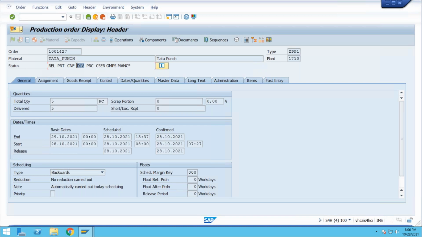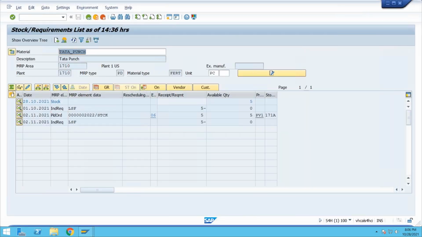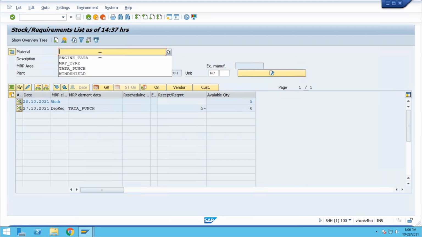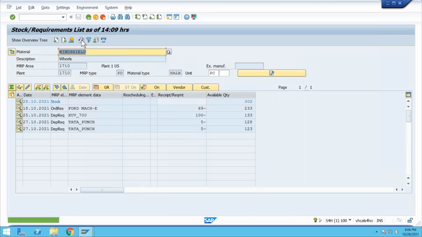Let us see if it has reduced our dependent requirements also or not. See, it has gone. That means you have consumed tires completely in that order, and you have consumed engine also. Tires, engine, and windshield were in stock, so we will not see any difference except for the reduction in the stock. And here also we don't have, so this is leftover from